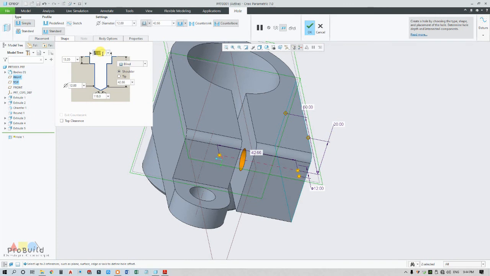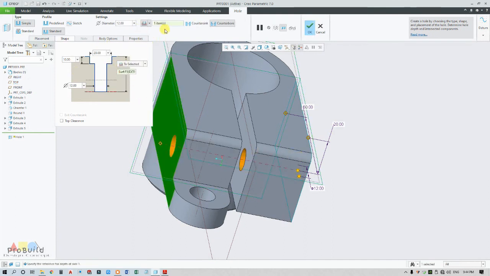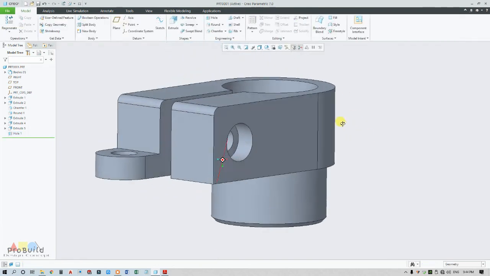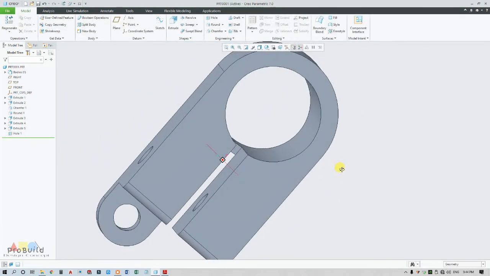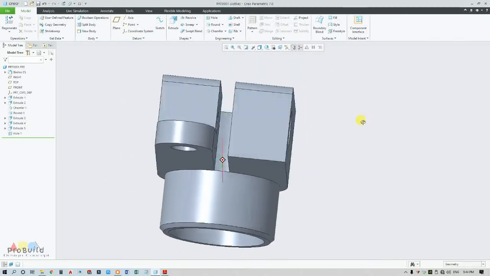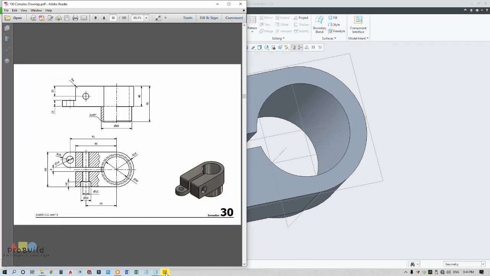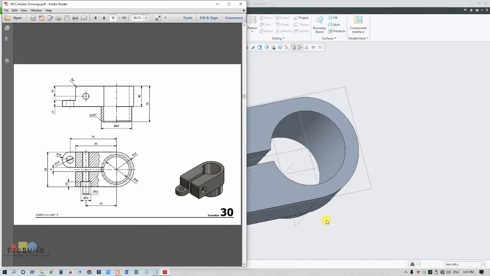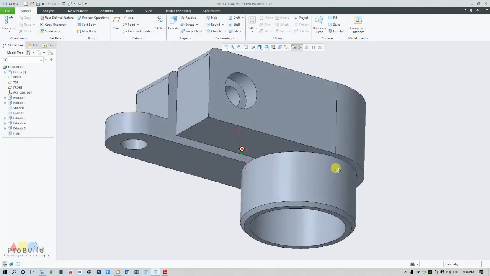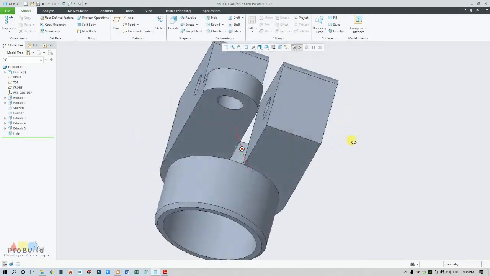This is 20, 12, 10, and up to the surface. Okay, and my part is ready. This is the part that is given in the diagram.